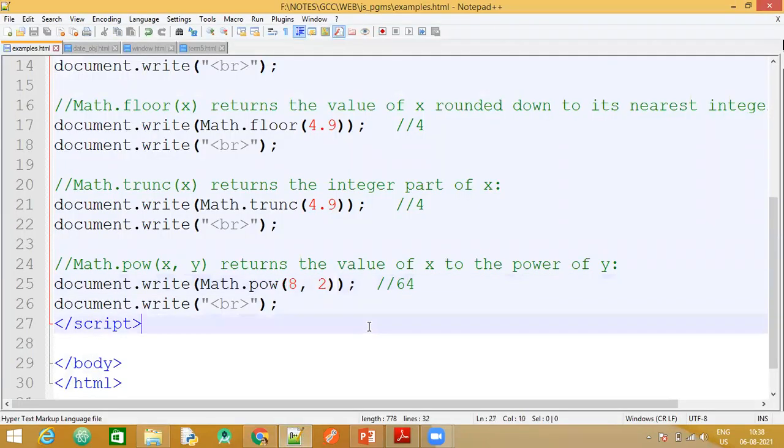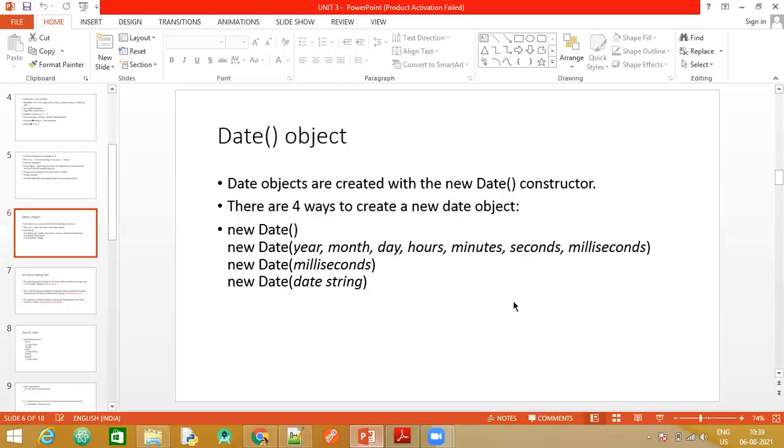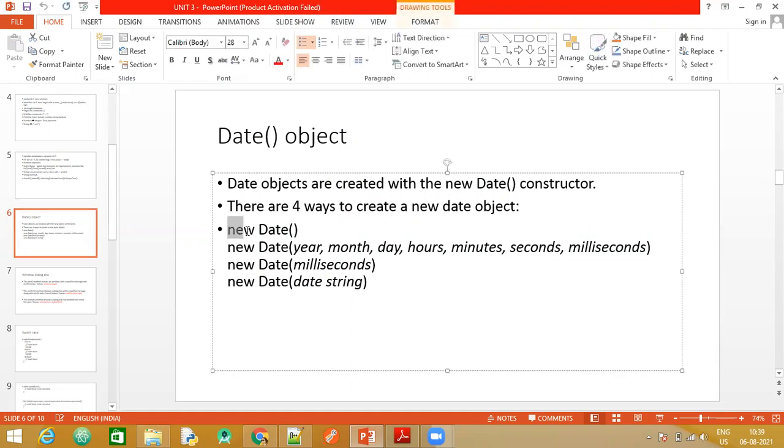Likewise, you have some more functions like square root, sine, cos, tan for the math object. Now, after this, we'll proceed with another part in JavaScript, that is the date object. Similar to the math object, this date object also has certain functions which will help us to get the current date, current time, or current month, and so on. Now here you can see the 4 ways in which this date object is created. Basically, you need to remember that with the help of the new keyword, we will create any object in JavaScript. So you can see here the 4 different ways.